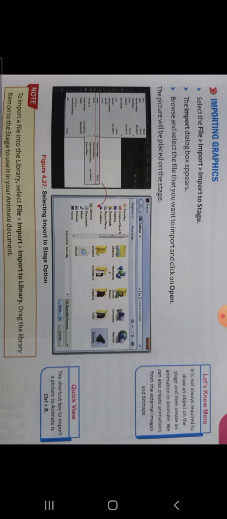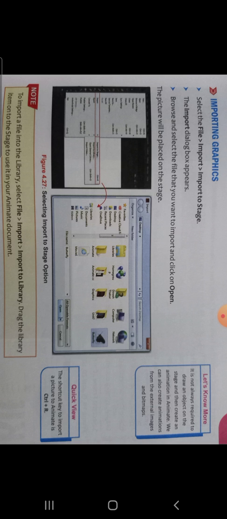And the next is moving an object. Moving an object means we can place the given object somewhere else. Copying and moving are two different things. Copying means we create another copy of the object and place it somewhere else, and moving means we place the object from one place to some other place.